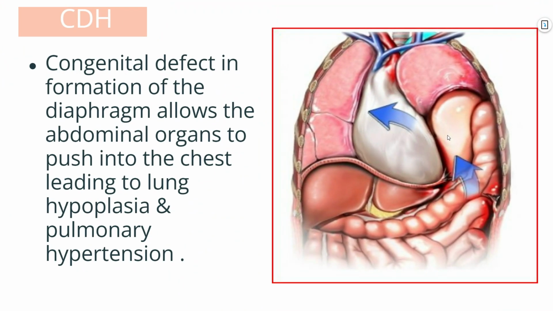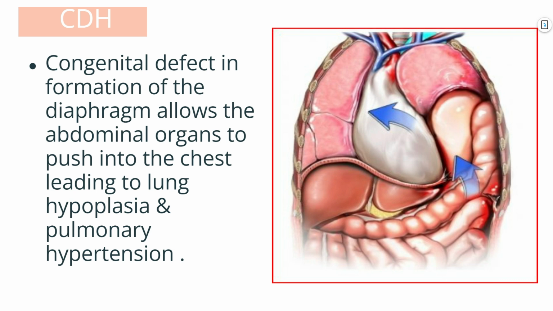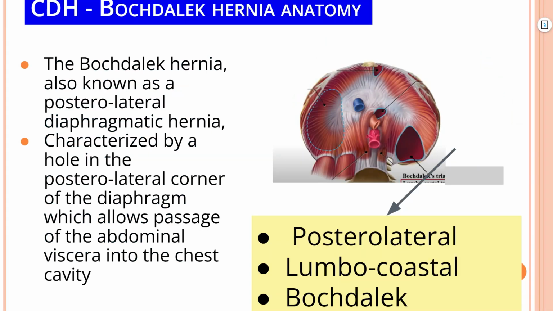We all know that congenital diaphragmatic hernia is a defect in formation of the diaphragm which allows abdominal organs to push into the chest, leading to lung hypoplasia and pulmonary hypertension. There are several types of CDH. Among all, Bochdalek hernia is the most common and accounts for more than 95% of cases of CDH. This hernia takes place through the posterior triangle, situated between the lumbar region and the costal region of the diaphragm. This triangle is formed due to incomplete fusion of the pleuroperitoneal membrane, and herniation through this is